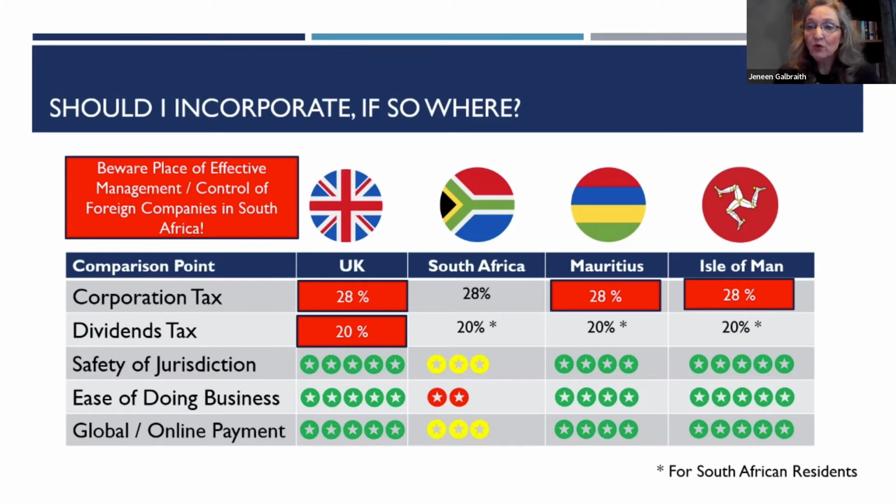So you want to make sure with your offshore companies that you're considering where your management team is based and where your decisions are made. It's also about substance over form. You can fly overseas, which I would suggest if you're running an offshore company and making key decisions, so that you make those decisions offshore, but SARS can look through that also. So you've got to be very careful with effective management to make sure the company is not dragged into the South African tax net.